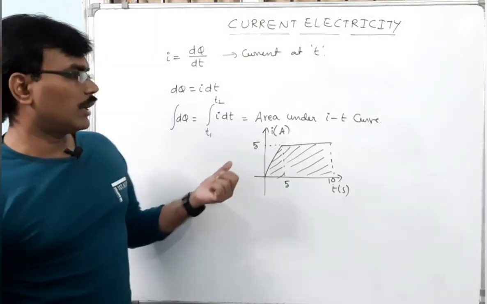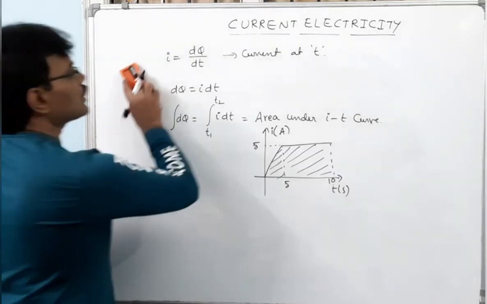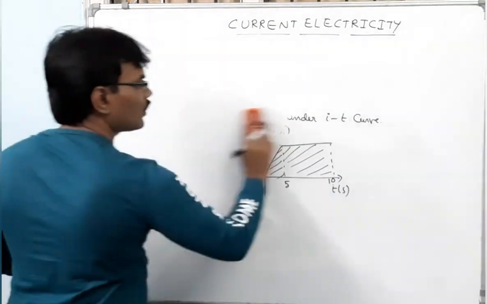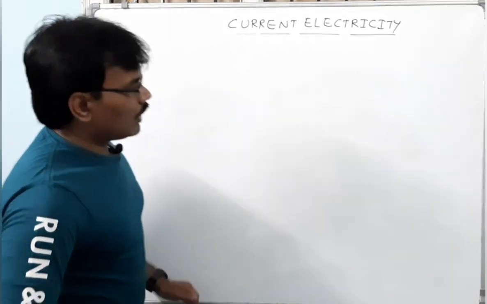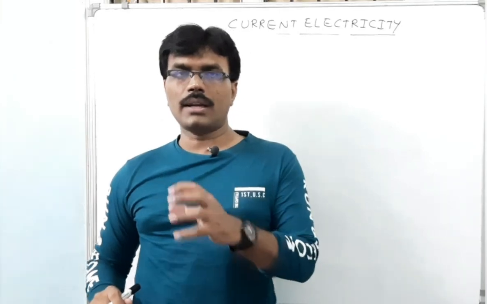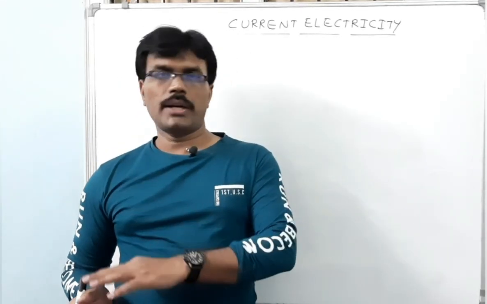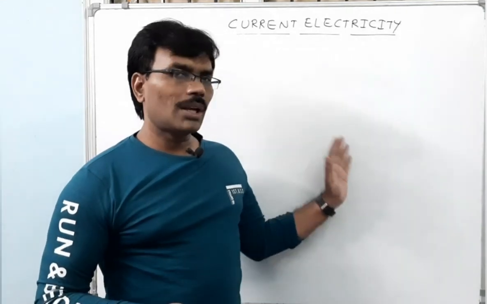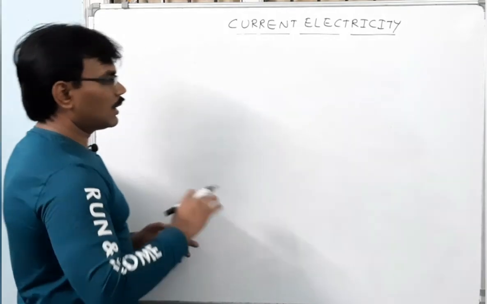So this is a very, very important concept. Now let us see how to apply this concept to solve questions. First, let us summarize what we have done so far. Electrical current is nothing but the rate of flow of charge, or electrical current comes due to the motion of electrical charges. The charges can be positive or negative, and we saw how to find out the total current when both negative and positive charges are moving in a conductor or in a tube.